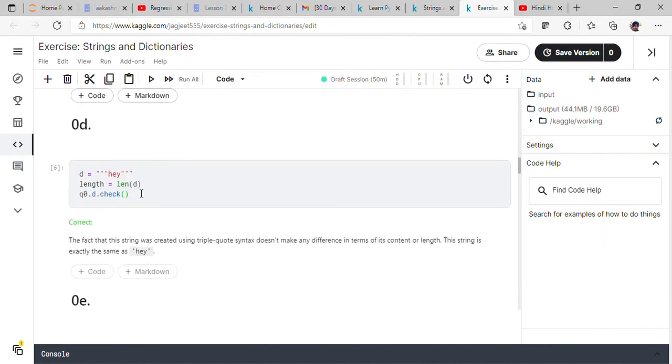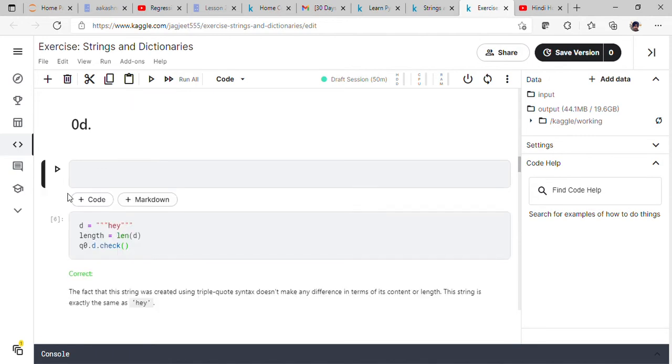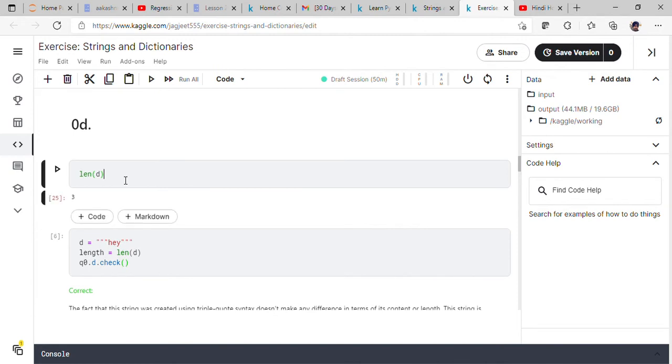Okay, D. Now we have to guess the length of this. According to me, the length of this is 3. Let's check length D. 3, because we use this